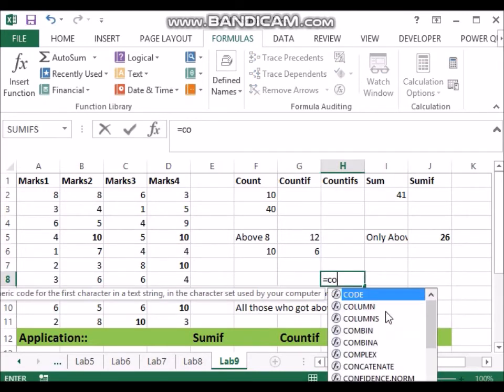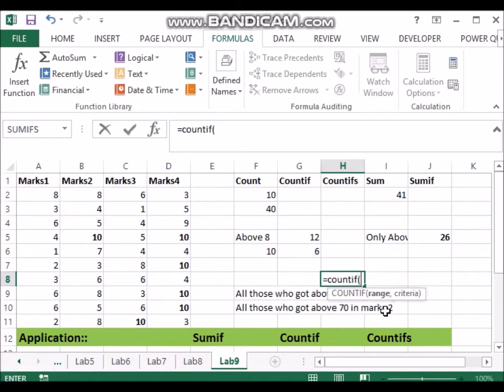So I could say equals COUNTIFS, one more S is there, plural. Now I can give criteria range 1 and criteria range 2. So what is the first criteria range? I want to check in marks 1, and count only those who have got 8 and above, so I give the criteria as double quotes, greater than or equal to 8.